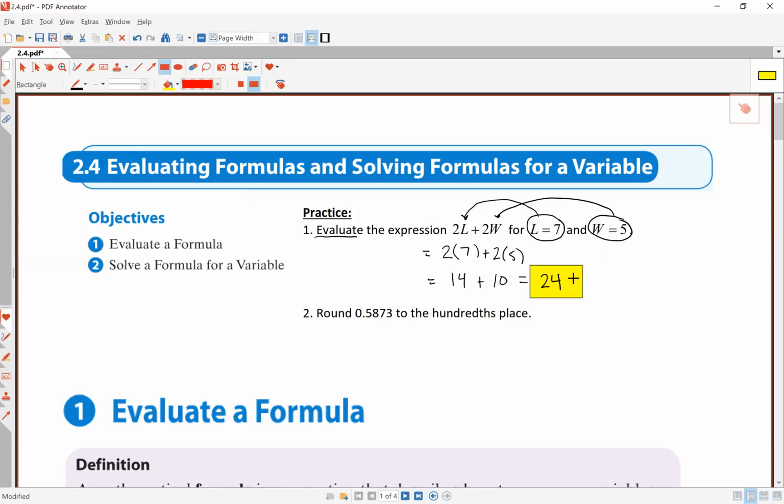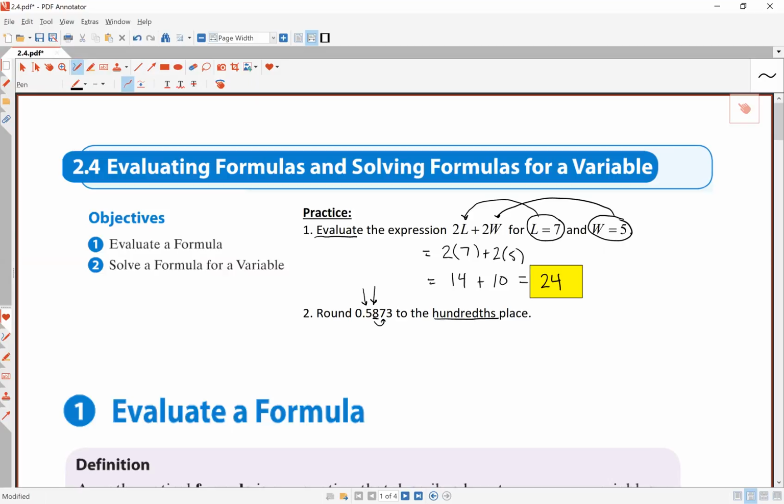When rounding, we point to the position that it says to round to, the hundredths. The first digit is the tenths, and the next digit after that is the hundredths. So we point to that and highlight the 8. We look to the other side of that number to determine if 0.5873 is going to be closer to 0.59